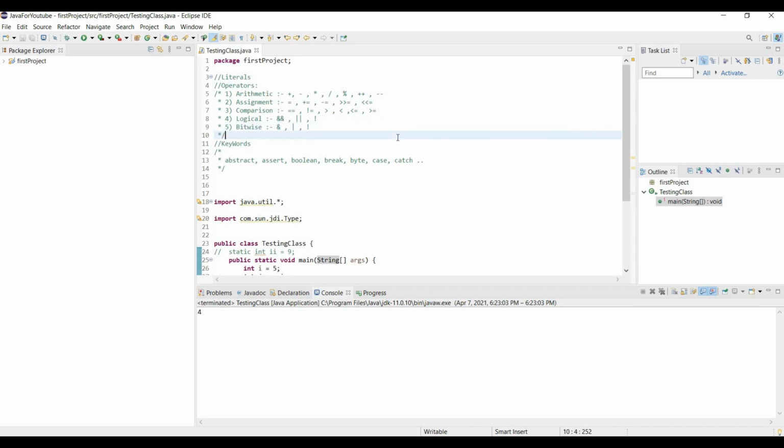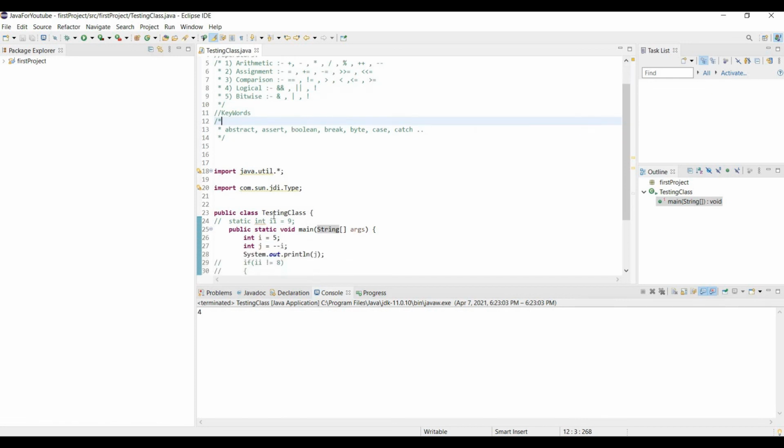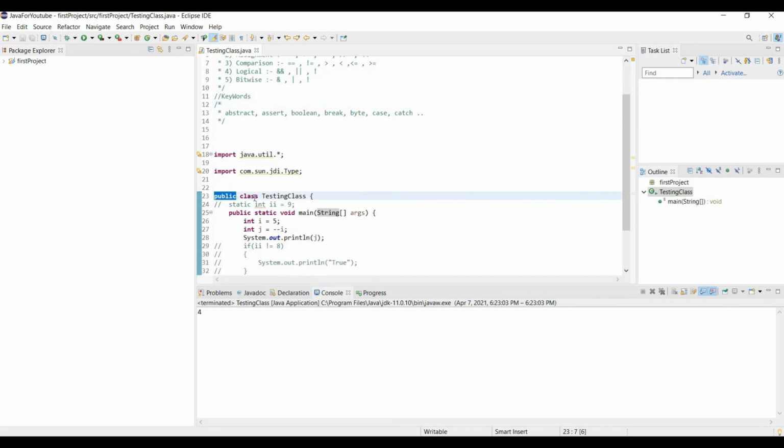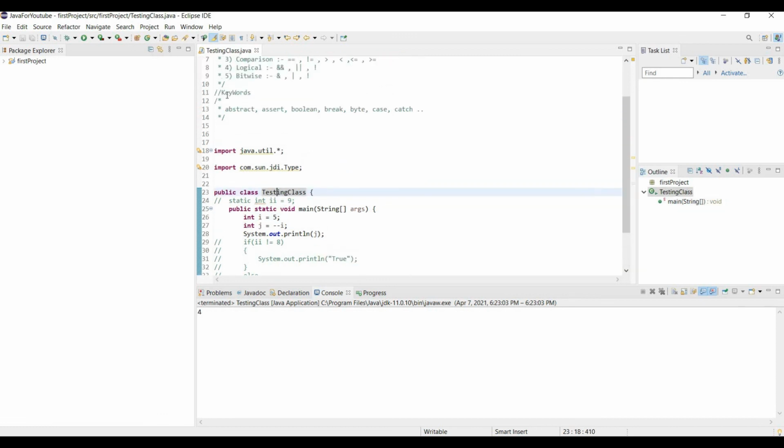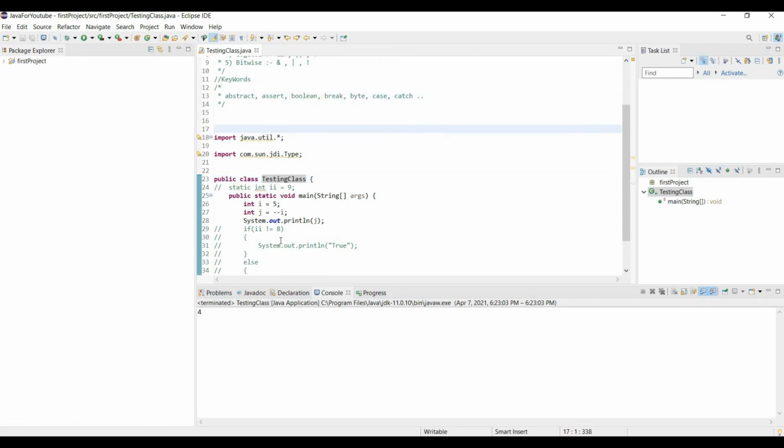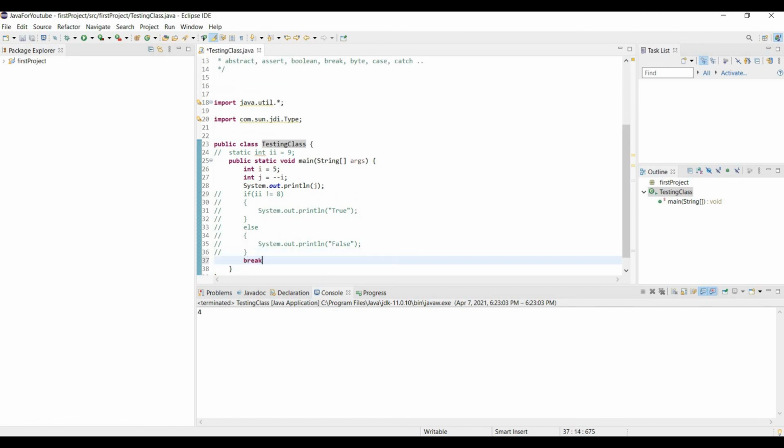Bitwise and logical and keyword are simple. Whatever we use in the Java, if they are predefined, they are keywords. Okay, whatever we use in Java, as you can see, I'm using Eclipse IDE, and Eclipse IDE tells us which are predefined and which are not. The color will show you. Okay, like here, void, static, public, int, these are predefined. Okay, that's why the color of these words are different. Like here, I written abstract, assert, boolean, break. If I write this here, see, break, see the color,